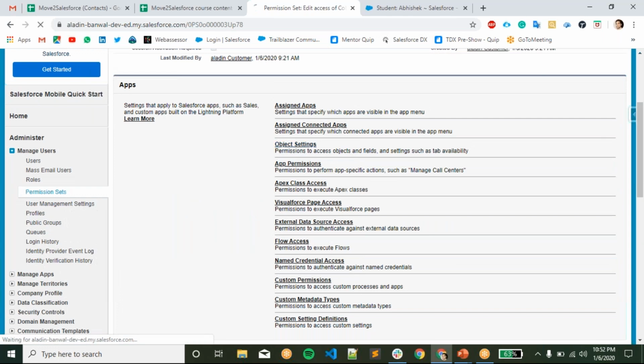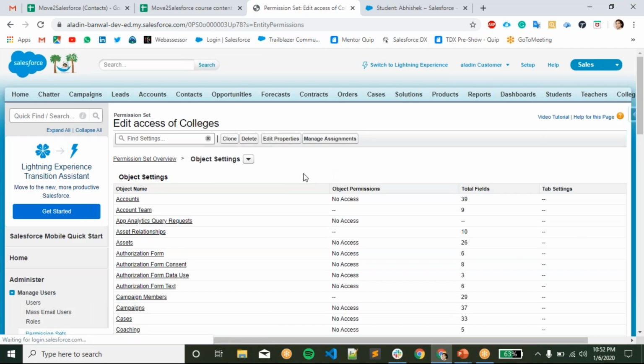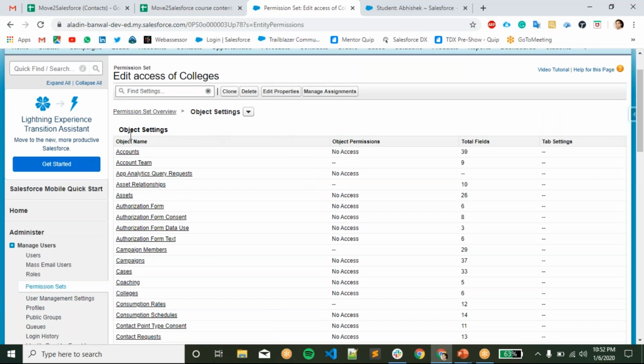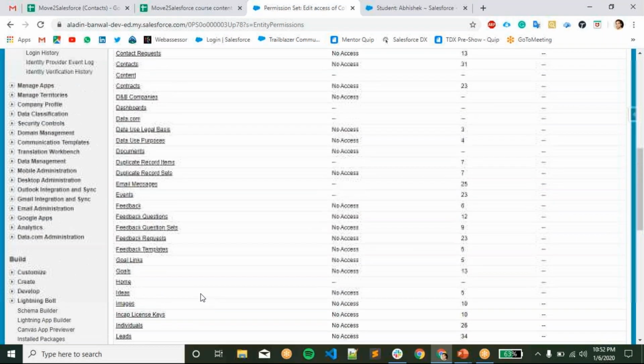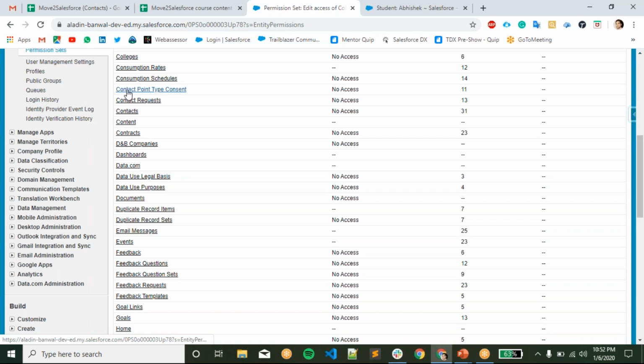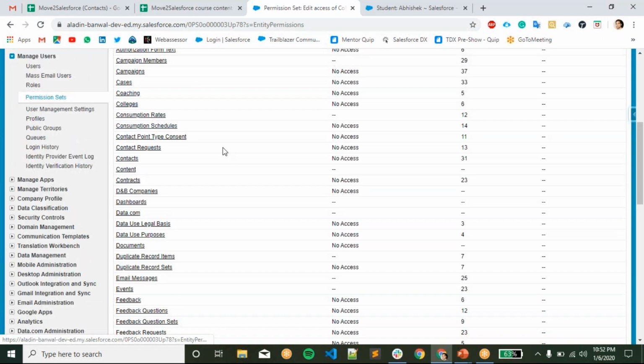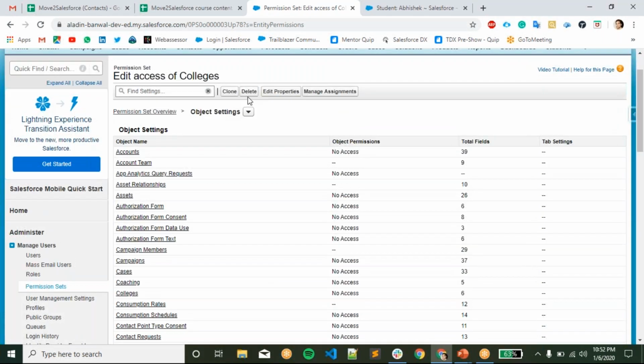So let's go and edit this object setting. Now there will be these accesses. We have college. Yeah, so this is the college object here.